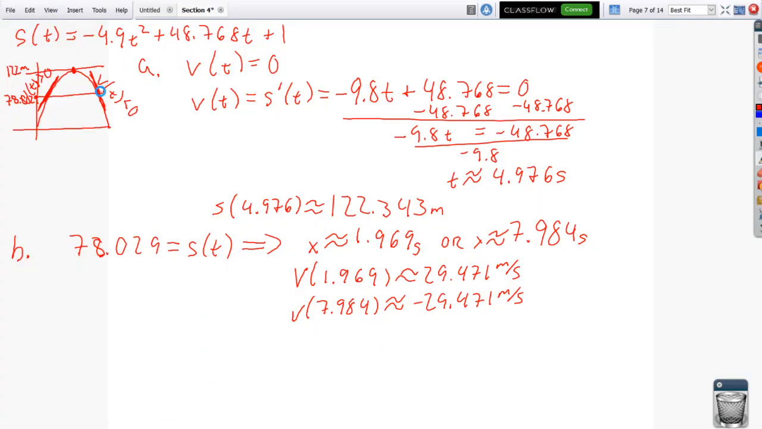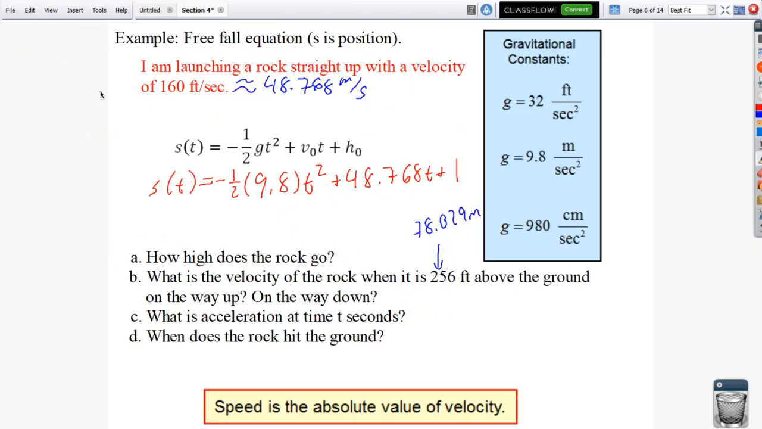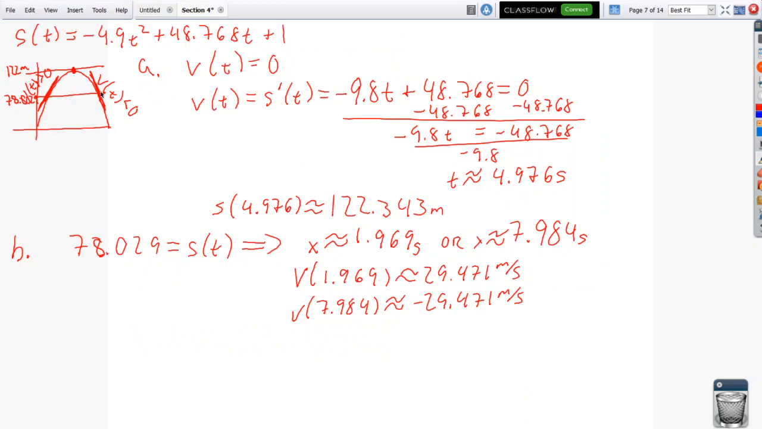Okay, so now we've gotten through A, we've gotten through B. Let's see what C does. What is the acceleration at time t seconds? Okay, so let's just toss C. I hope I have enough room for this one. C, the acceleration. Remember, we know that the acceleration with respect to time is equal to the derivative of velocity, or the second derivative of position, however you want to think of it. In this case, it happens to be nice to think of it as the derivative of velocity, because our velocity is negative 9.8t plus